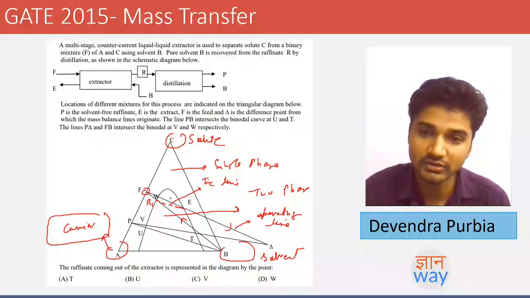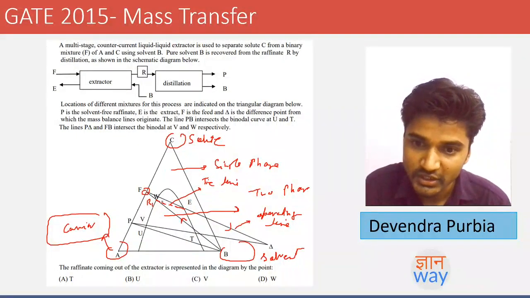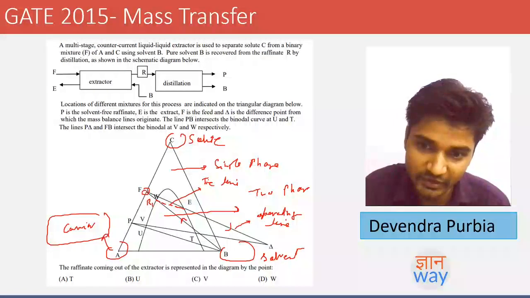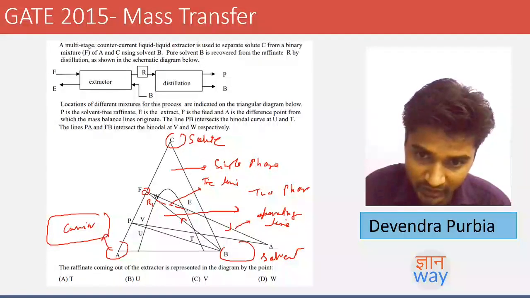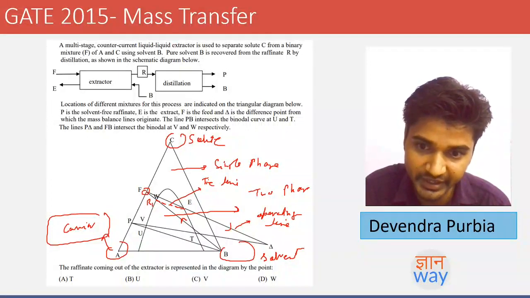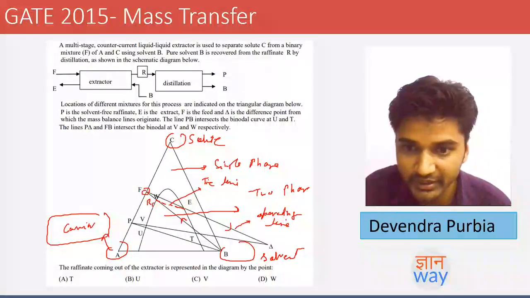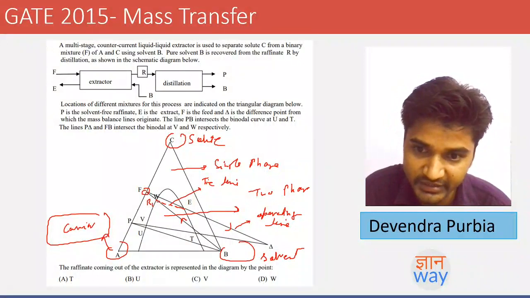So this is a multi-stage extraction. How is the separation taking place? We have feed, we have the operating line, then we get some extract. At equilibrium we get some extract, and corresponding to that extract we get some raffinate. Now this is the first stage. Again from here,